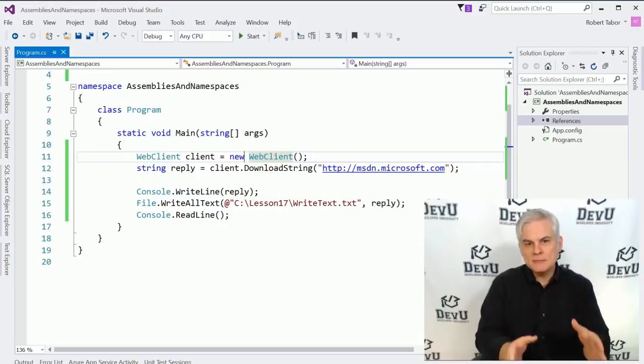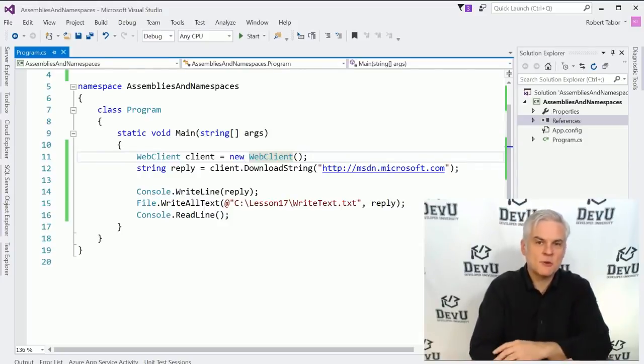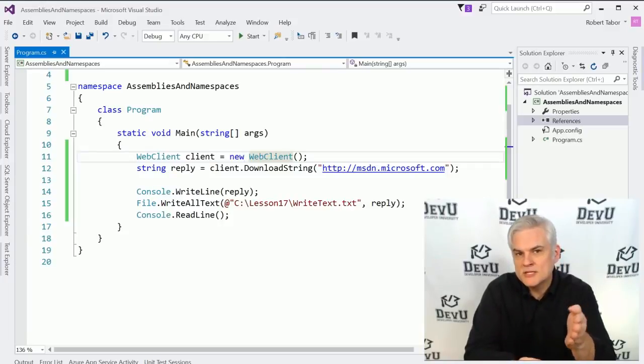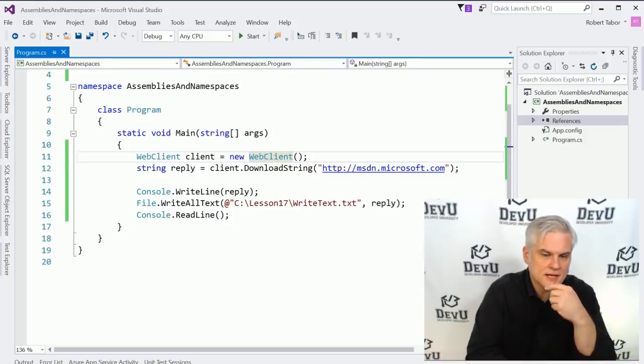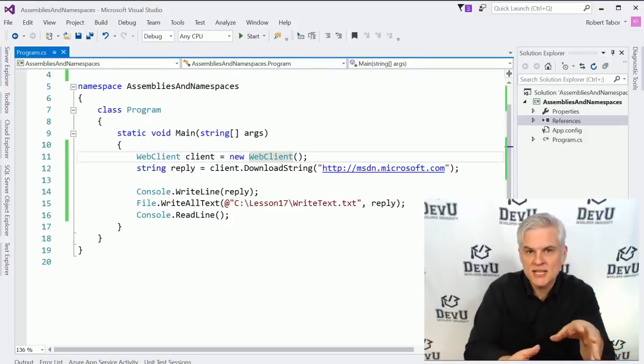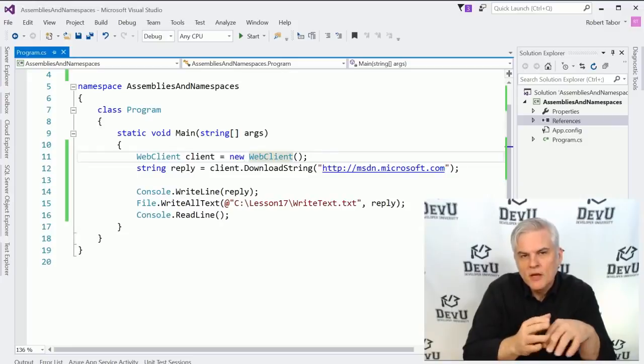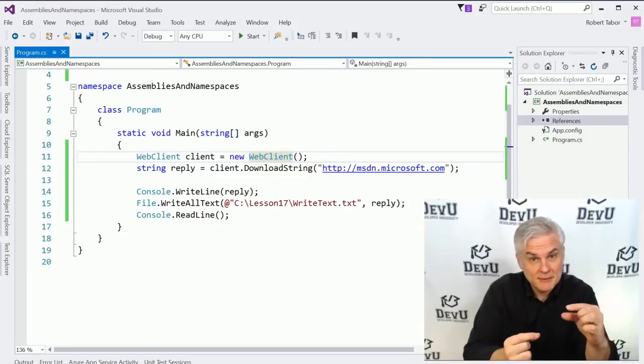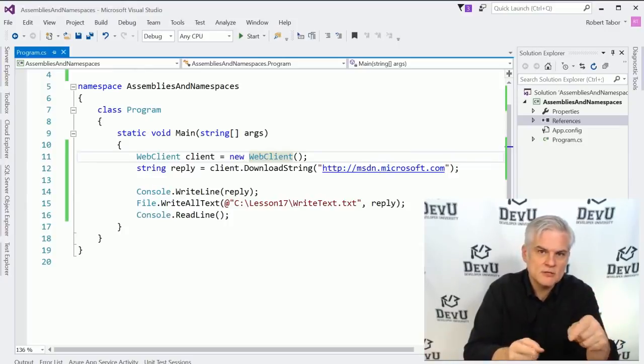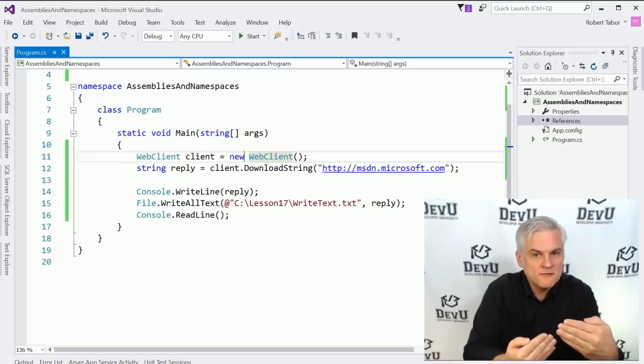Okay, so that pretty much wraps up what I wanted to say in this lesson. We are able to utilize the classes and methods in the .NET Framework class library, and we can find what we need by doing simple searches in bing.com using site:microsoft.com to find the classes and the methods that we want to work with. Once we find those classes that we want to work with, and we find maybe even little code snippets, we can copy those into our program, and we may need to at that point fix the references